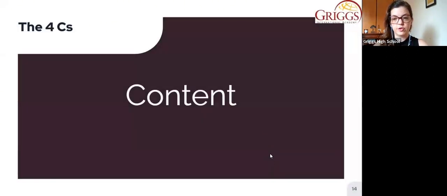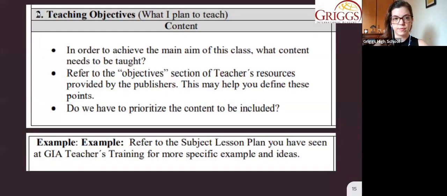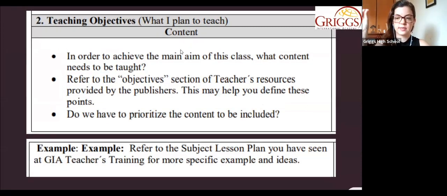Then we go to content. The second part is the teaching objectives, what I plan to teach. So content, what is the content? The content is the actual topics that you're going to teach. So keeping the example of macronutrients, what are the topics? I'm going to teach what are macronutrients, then I'm listing the topics: carbohydrates, protein, fat, water and fiber,